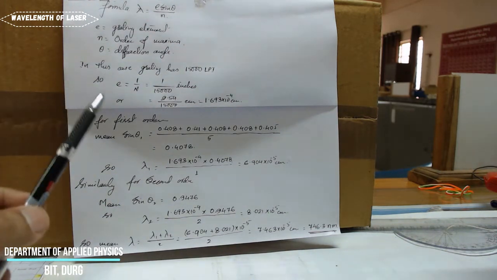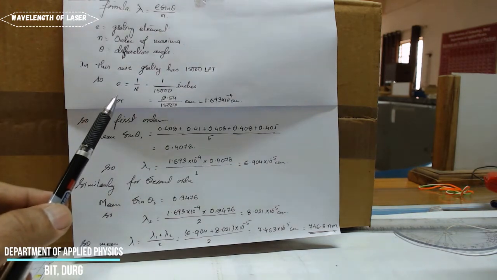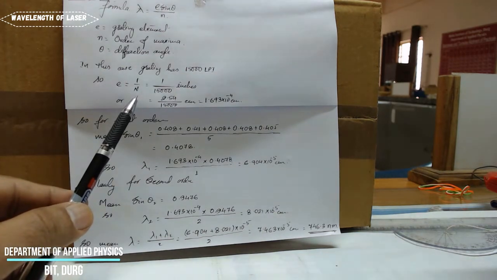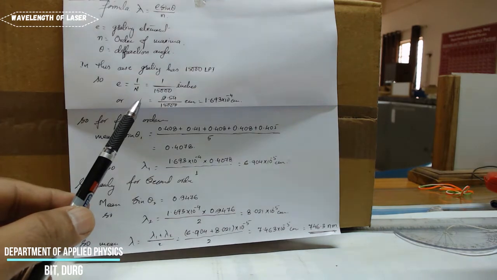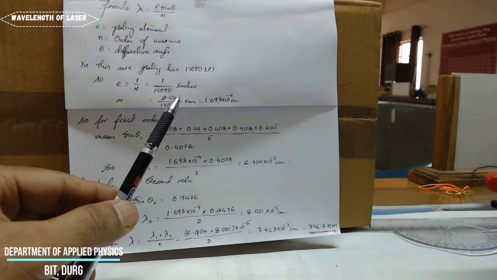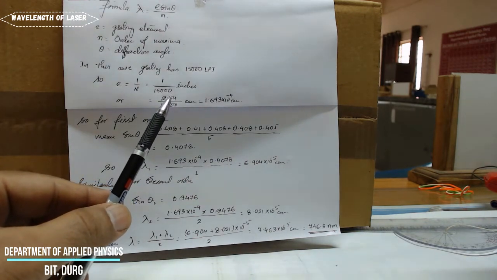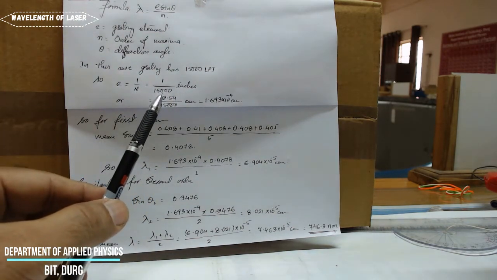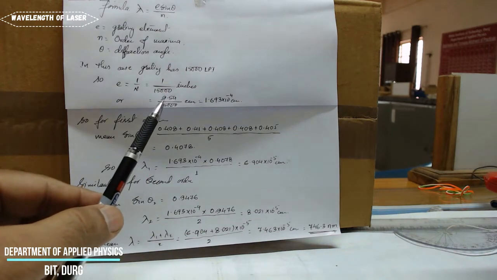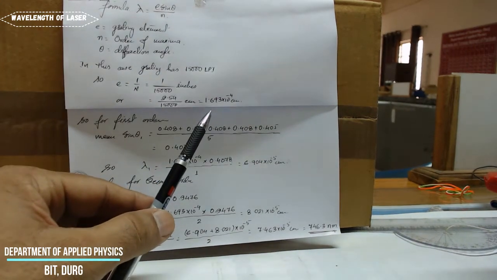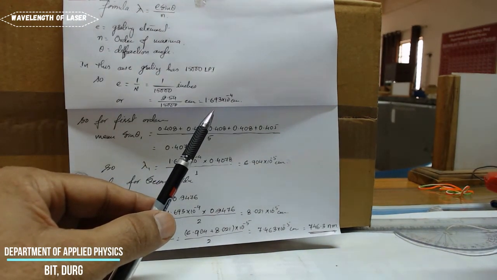So in this specific case we calculate e. e is basically equal to 1 divided by the number of lines per inch on the grating, which is 1 divided by 15,000 inches. This will be the unit when we are using the LPI unit here, lines per inch. So e is equal to 1 divided by 15,000 inches, or if you convert it into centimeter, it is 2.54 upon 15,000 centimeter, which comes to be equal to 1.693 into 10 raised to minus 4 centimeter. So this is the value of e.